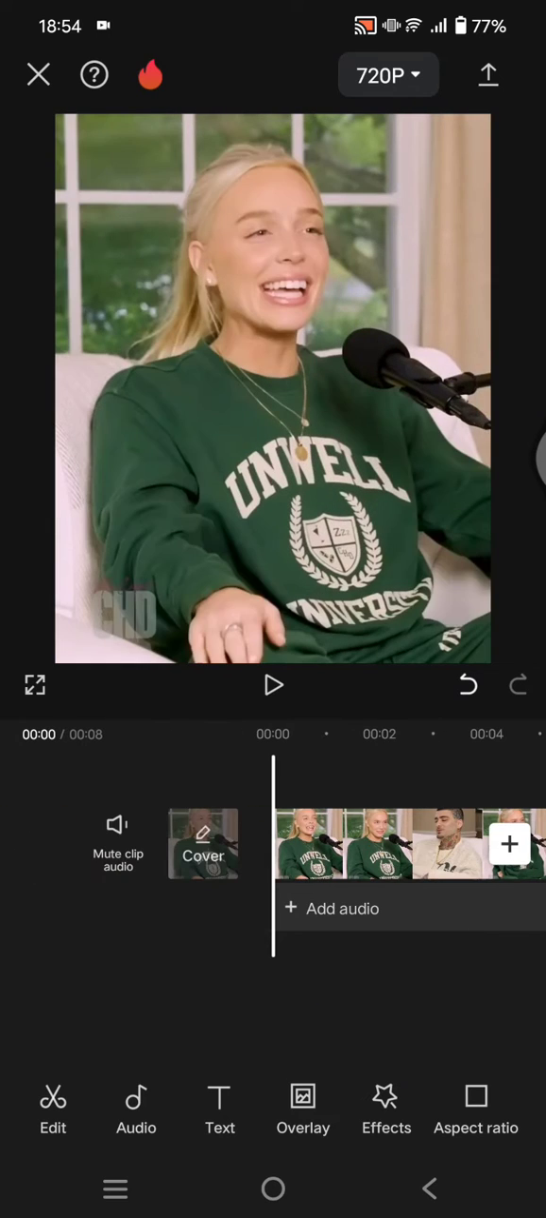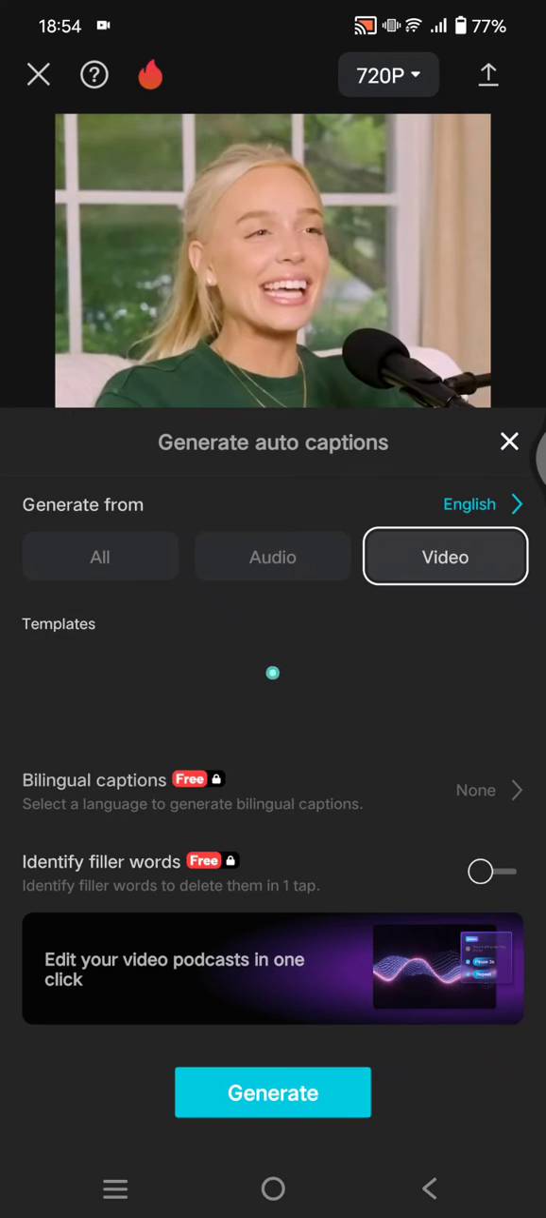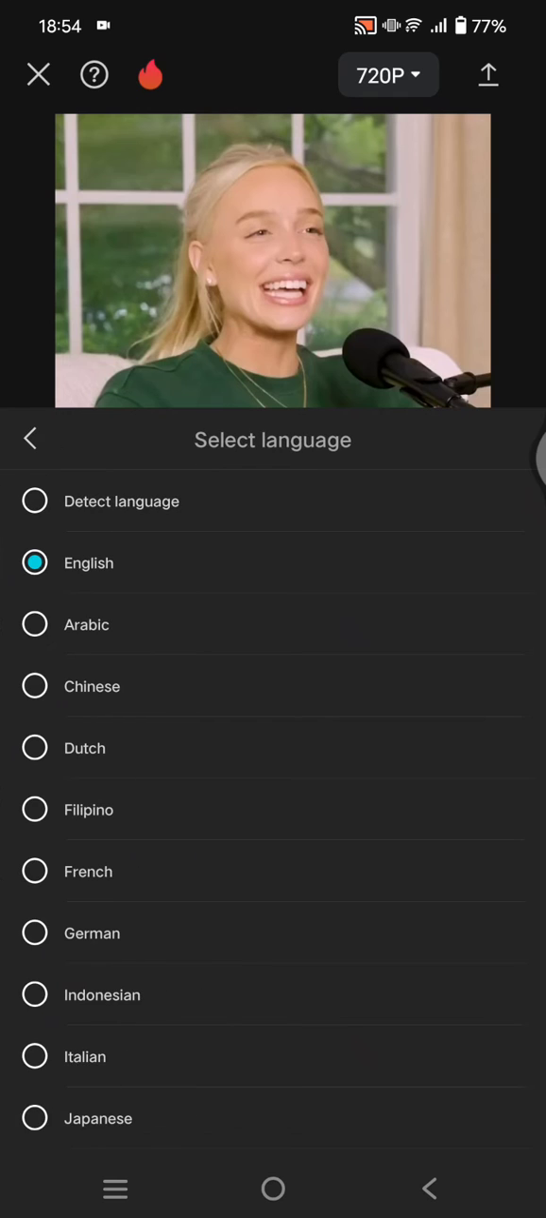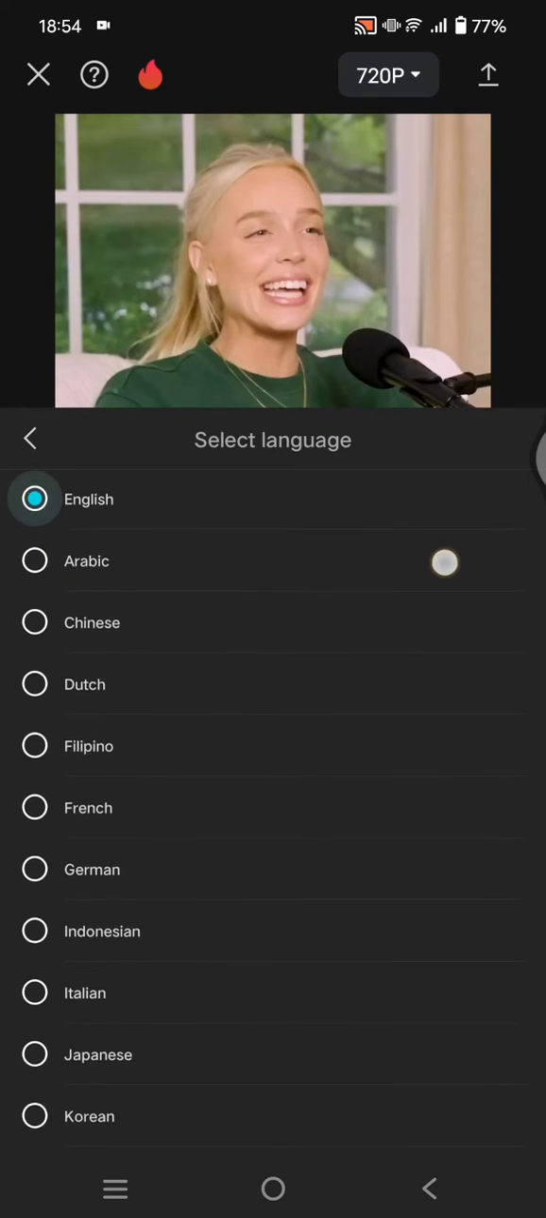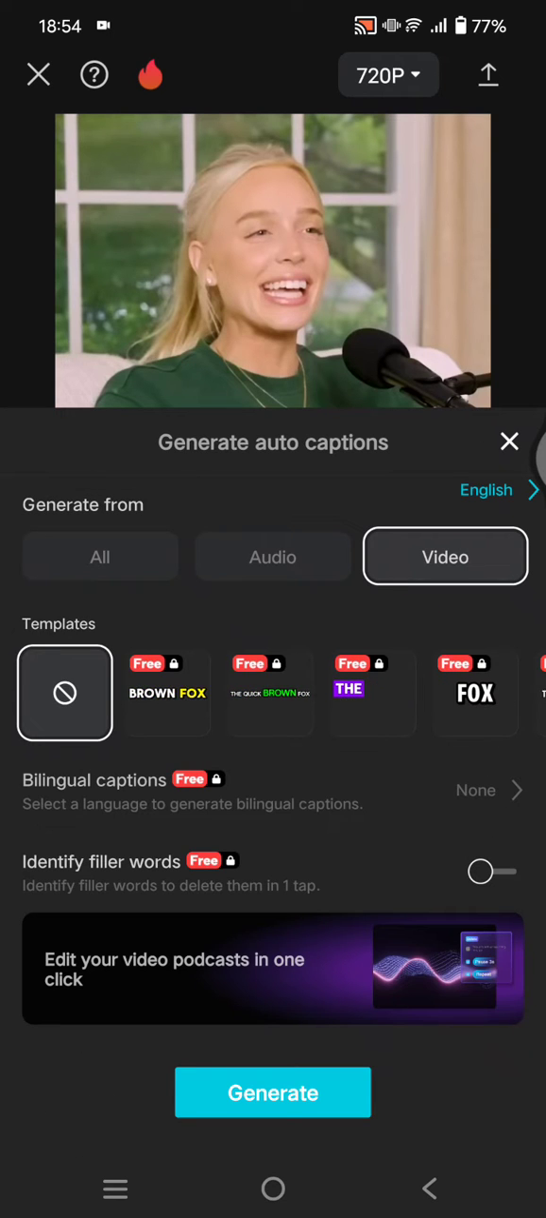Okay, and after that, just go to text and click on the auto captions, and in here you can select the first language for the subtitle. The first one is English. I'm going to go with English. Go back, and here you can also select the sound source. So I'm going to generate from video, and to enable the